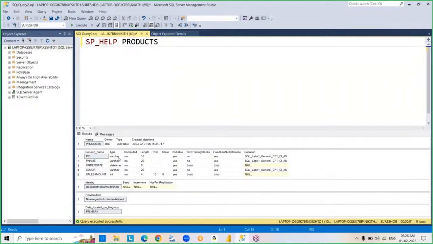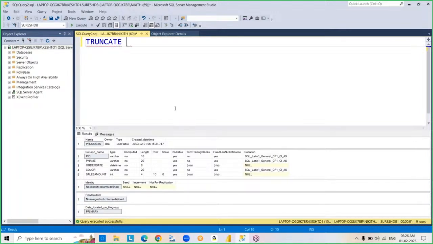Right? And so this is the way we are going to alter a table. You create a table in the beginning. After that, you just added new columns to the table, dropped a column, and changed the data type of a column. So different types of operations you performed, right? And so now